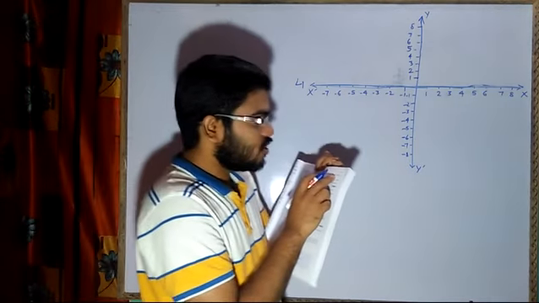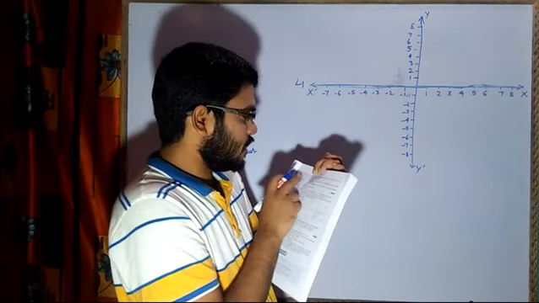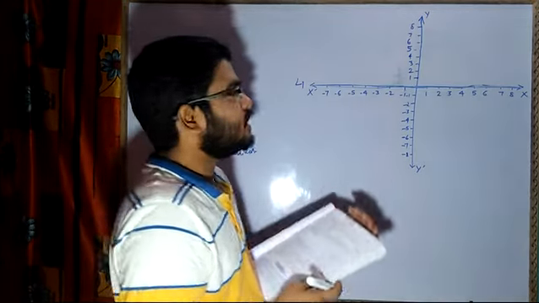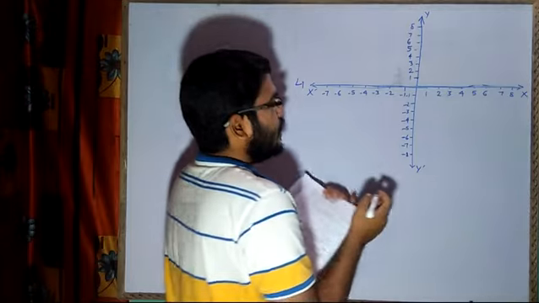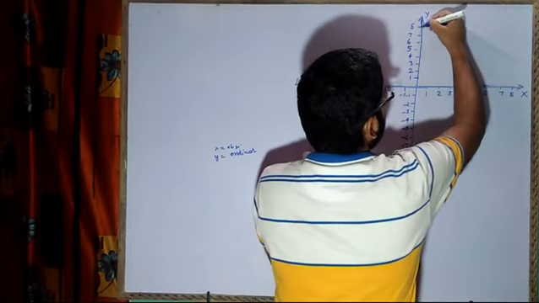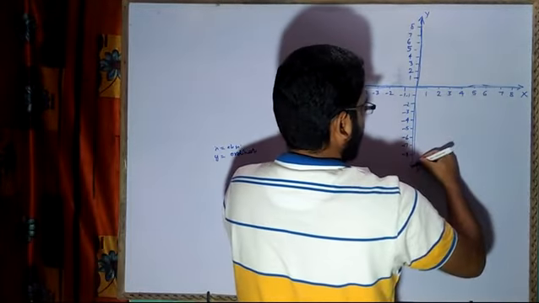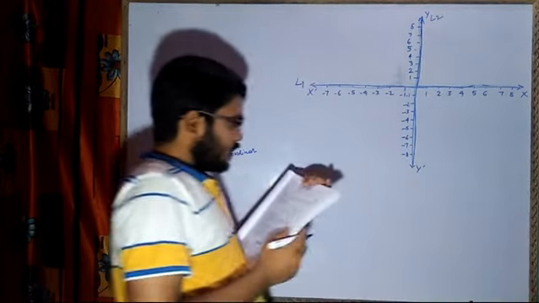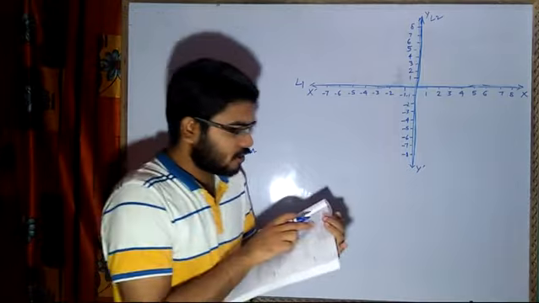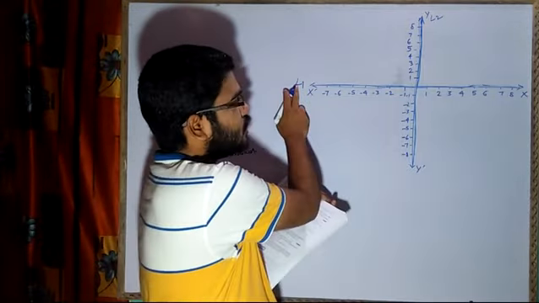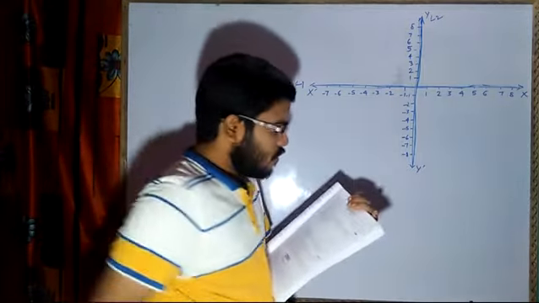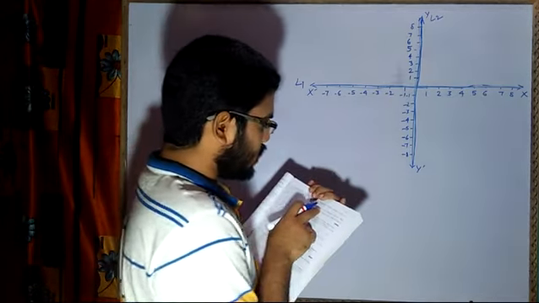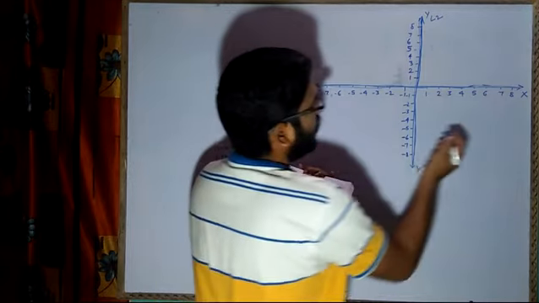Now the points 0 comma minus 3 and 0 comma 1 are invariant points on reflection in the line L2. When I reflect in line L2, they are invariant. L2 means what? Again, this will be there. Why? Because their x value is 0. So this is your line L2. Now recognize the lines L1 and L2. So L1 is equal to the x-axis, L2 is equal to the y-axis. Write down the image of the points P 3 comma 4 and Q minus 5 comma 2. P is 3 comma 4.